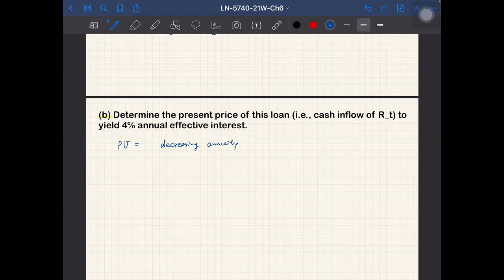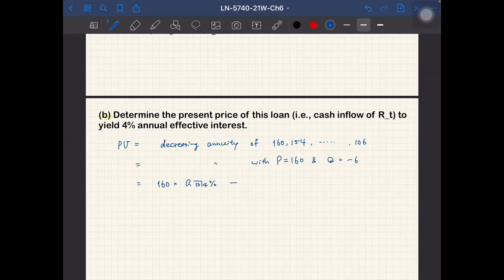With the first payment $160 and the last payment $106. So the decreasing annuity goes 160, 154, and finally 106. This is the decreasing annuity with the first payment equal to 160 and the increment of -6. So that means this is equal to 160 times a angle 10 at 4%